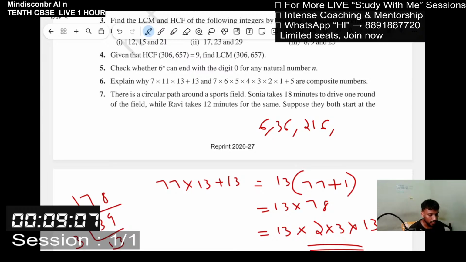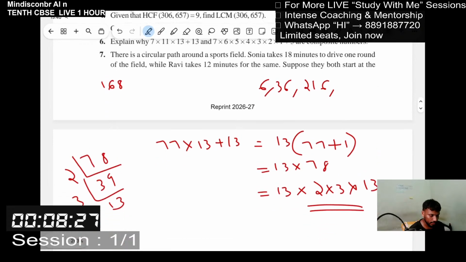And in the same case here, 7 into 6 into 5 into 4 into 3 into 2 into 1 plus 5. 7 into 6 is 42. 42 into 4 is 168. Sorry, 7 into 6 is 42, 42 into 4 is 168. So 168 into